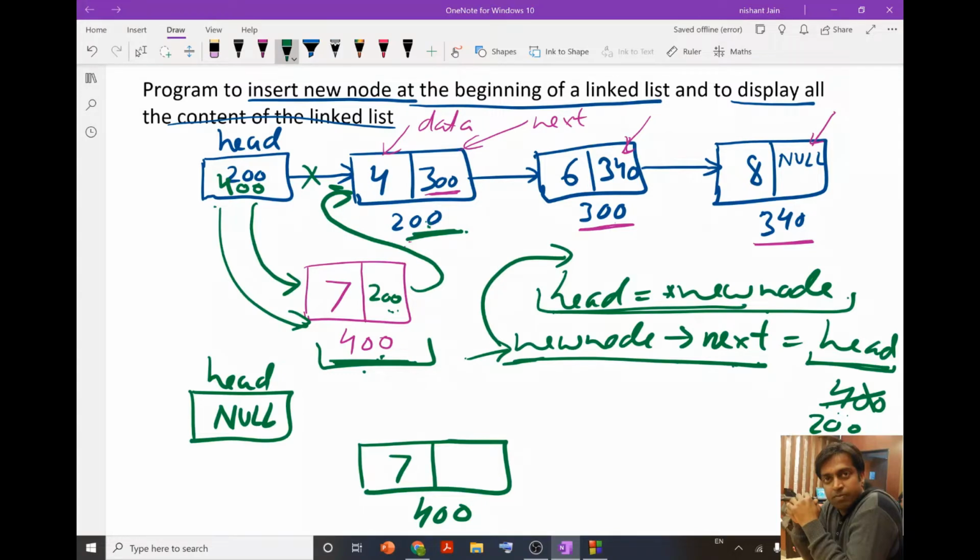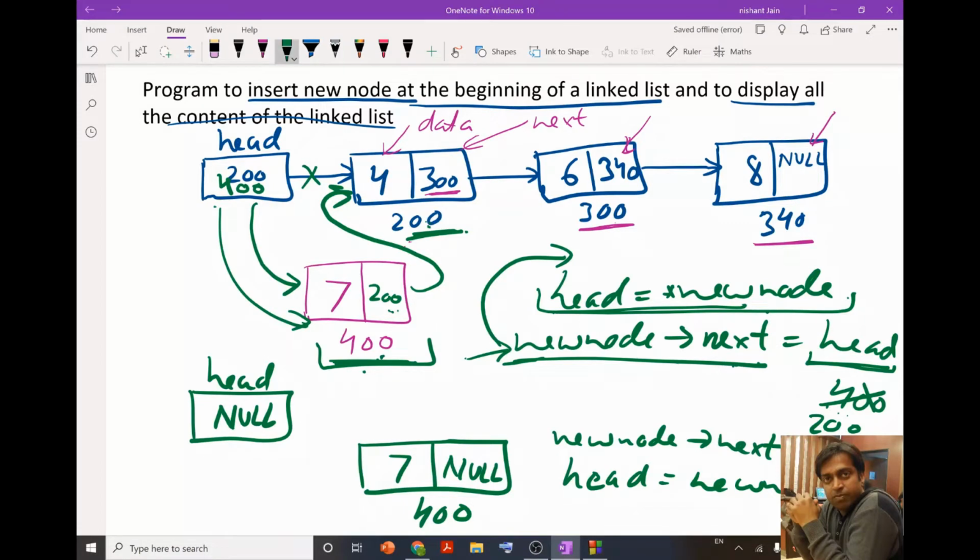So again I need to follow these two steps. First I will assign the value of head to the new node's next, meaning this null will come over here. And then I will update the value of the head with the new node.